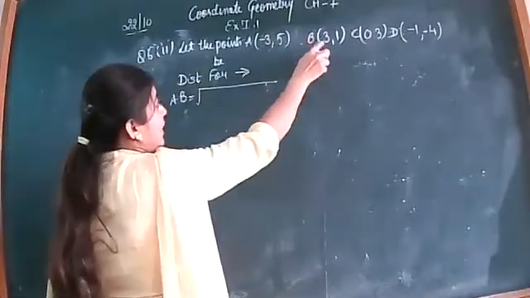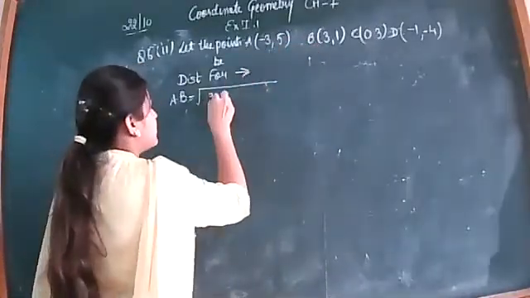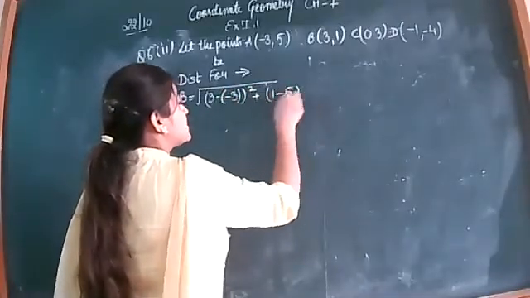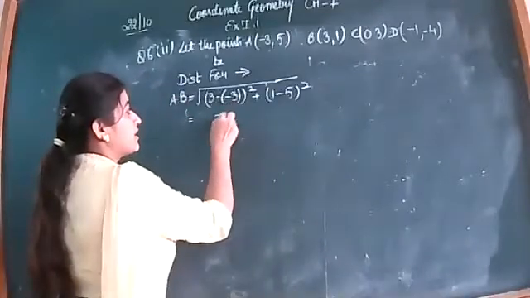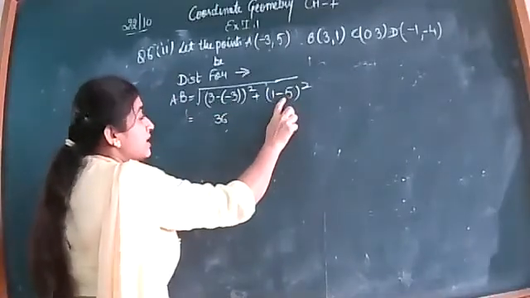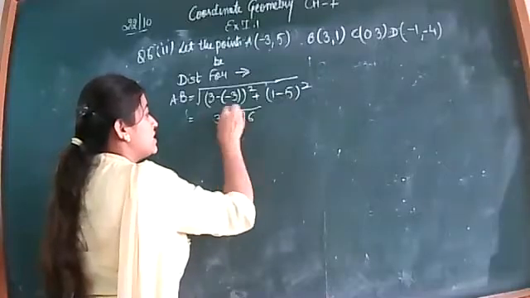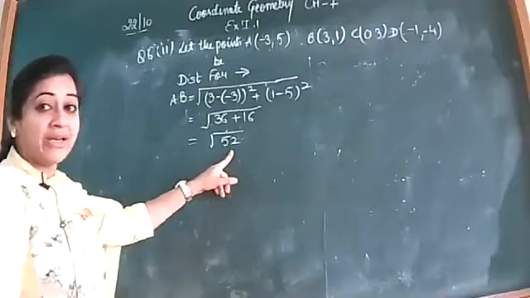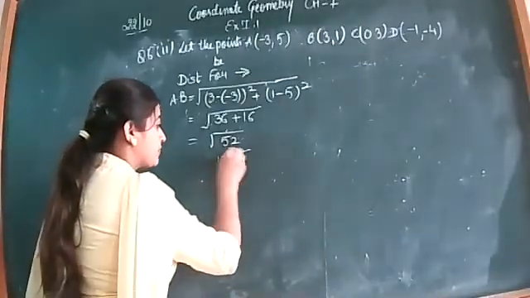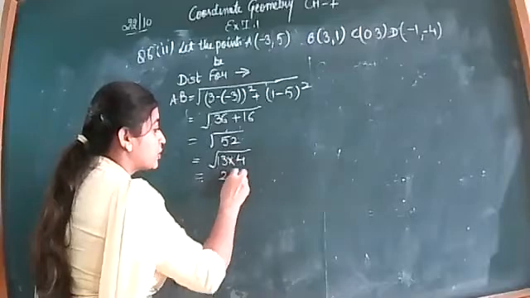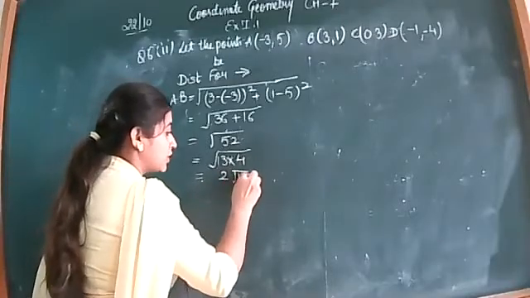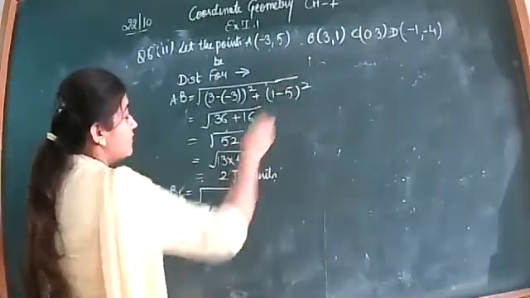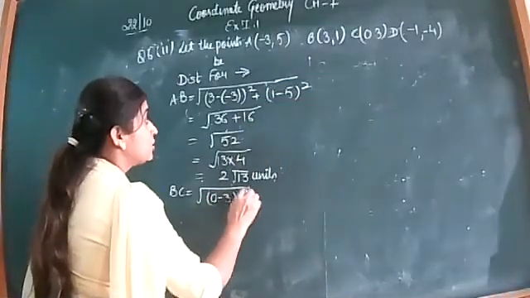This is x1 y1, x2 y2, 3 minus of minus 3. I can write directly. If you want to skip this step, you can. This will give you 6 square, that is 36. This will give you -4 square, that is 16. When you make the total of it, you will get 52. If you want to factorize this, you can. 13 fours are 52. And this 4 will be taken out of the root, then you will get 2 root 13 units.